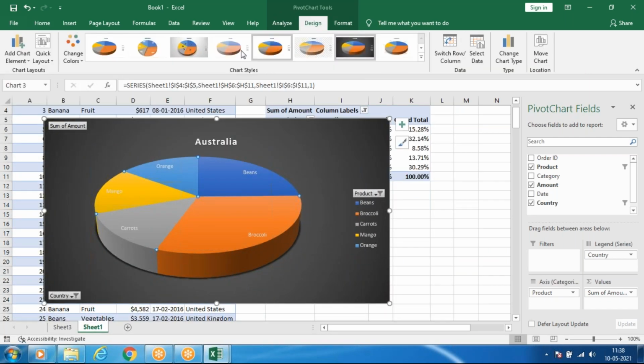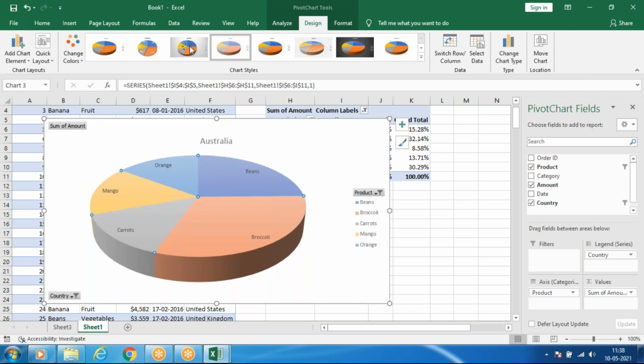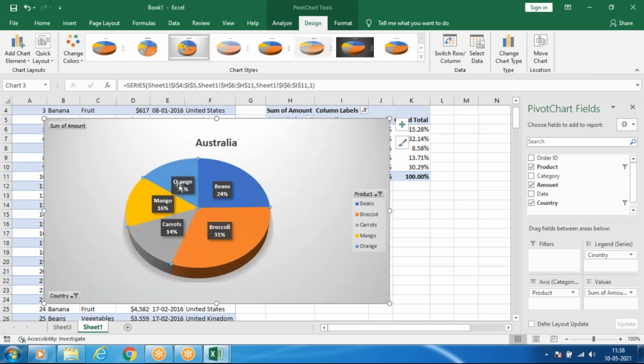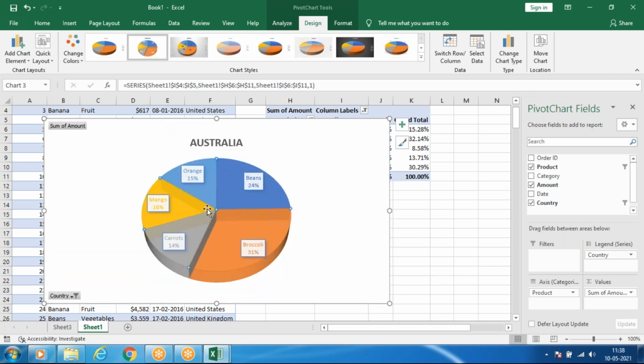Then go to the Design tab. So you can display including the percentage. So how much percentage?